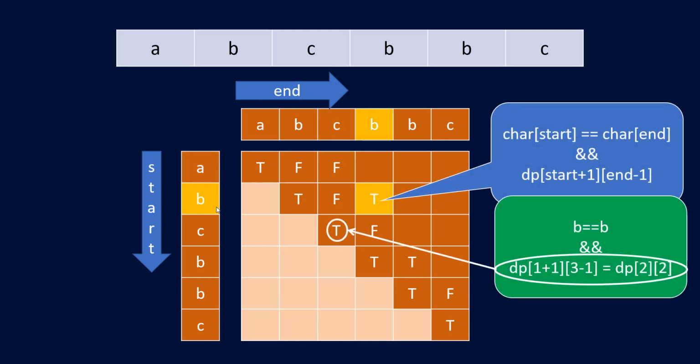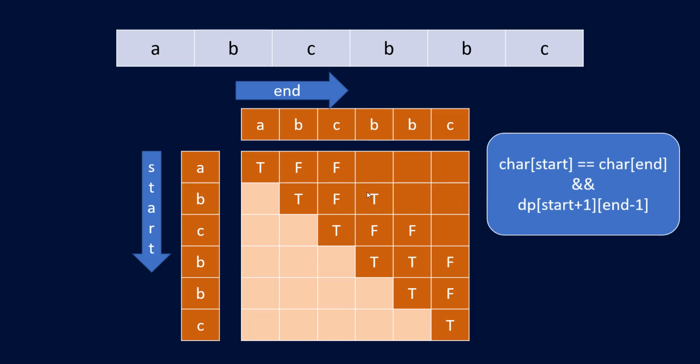Now if you consider this B and B, that is this particular string, both these characters are equal and the middle string is also a palindrome. How did you find that out? Is dp of start plus 1 and end minus 1. That is, this is the start character, start plus 1 and end minus 1. That is the particular substring for which you want the answer. So over here, if you see that, it comes to be dp of 2, 2, and that is true. So we can say that, okay, my characters are equal and my middle string is a palindrome, so this whole string can also be said to be a palindrome.